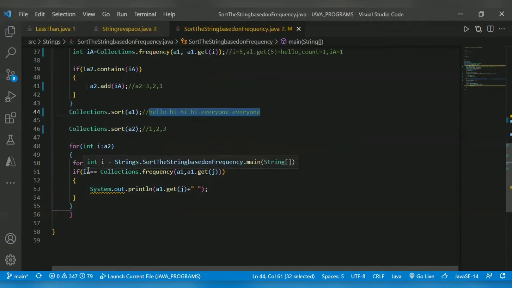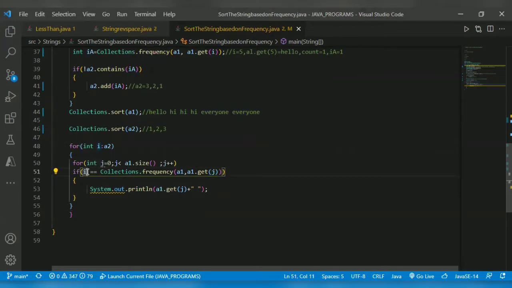For i equal to 0, it gets array list 1 dot get of 0.